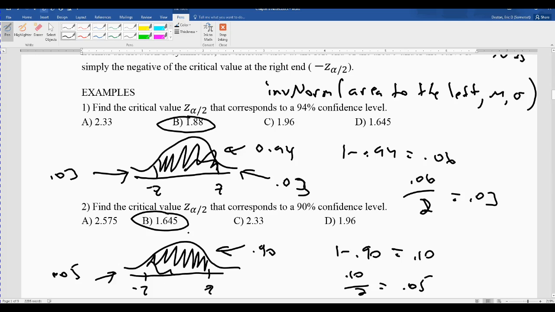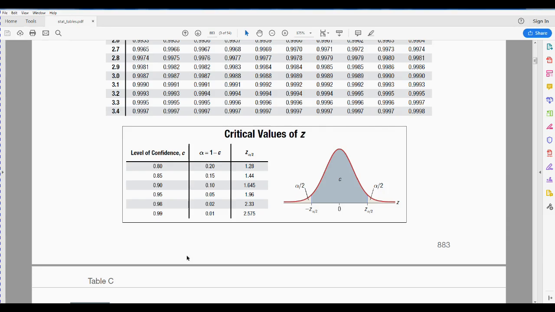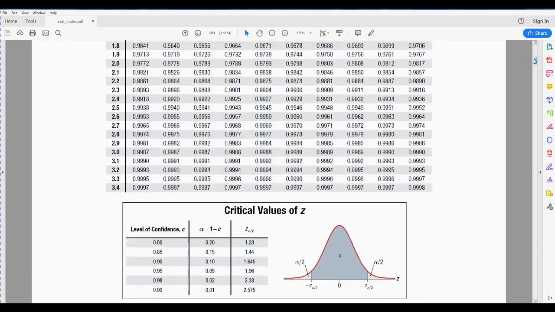What we just did, we have a 90% confidence level. And this is our confidence level, 0.90. That's our alpha, but this is the z, which is 1.645. So I didn't actually have to use the calculator. This table is actually way faster. A lot of tables don't have this. This one happens to have this. So 1.645. If you want to know how to do it with a regular table, you go in here and